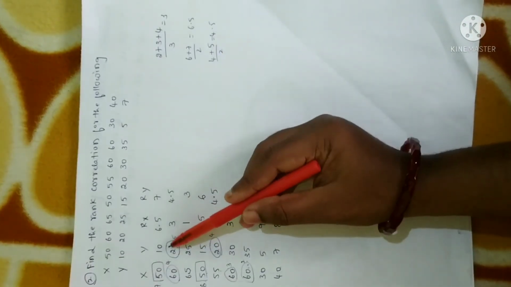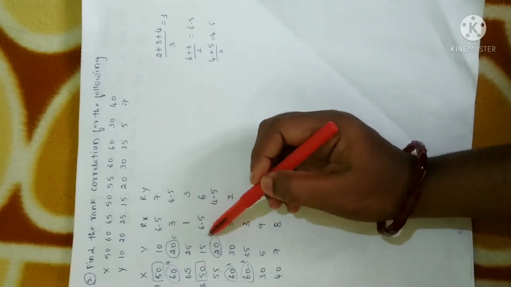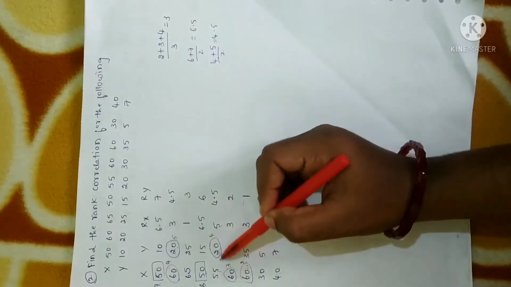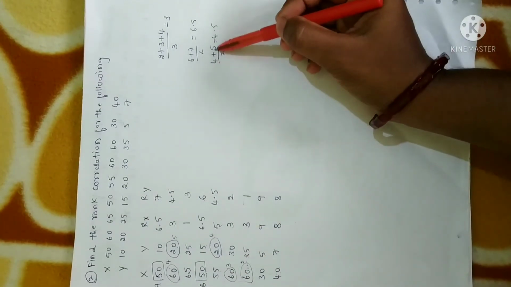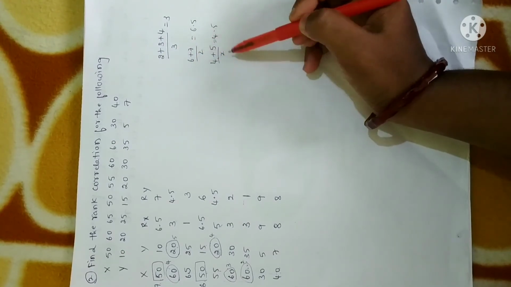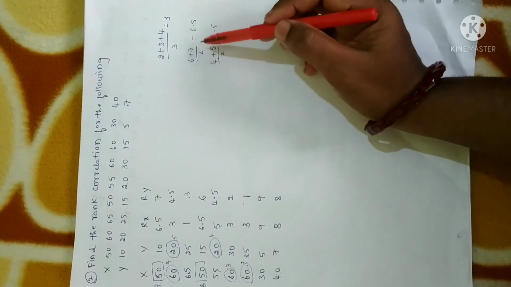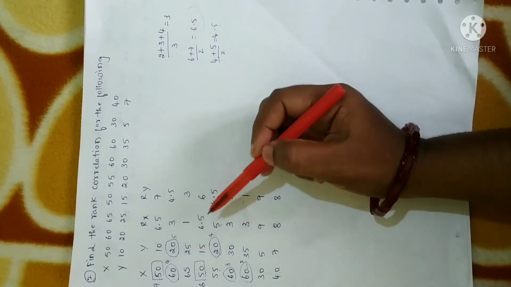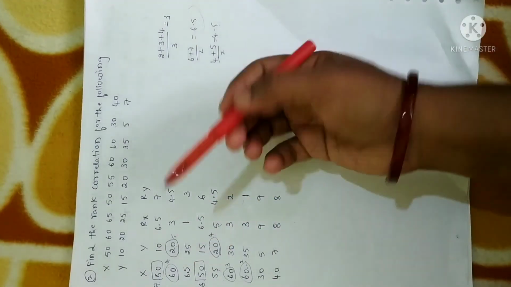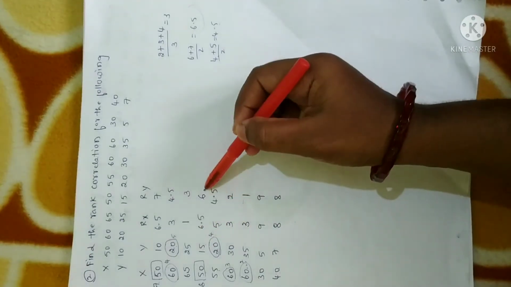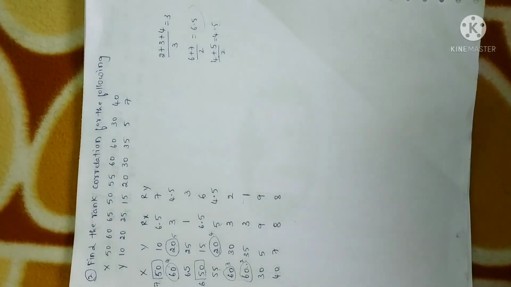You will come to know whatever the repeated rank is, you have to add those ranks but not the values. Remember, I am adding ranks, that is why I am writing here. So you have to add the ranks and divide by the number of ranks. Here the number of ranks is 3, so I have divided it by 3. Here the number of ranks is 2, I have divided it by 2, and the same result should be placed for the respective ranks, and the next number should be filled with the next rank. For example, here 4th and 5th rank is filled, the next rank should be filled with 6. Clear? And the same procedure will be followed.